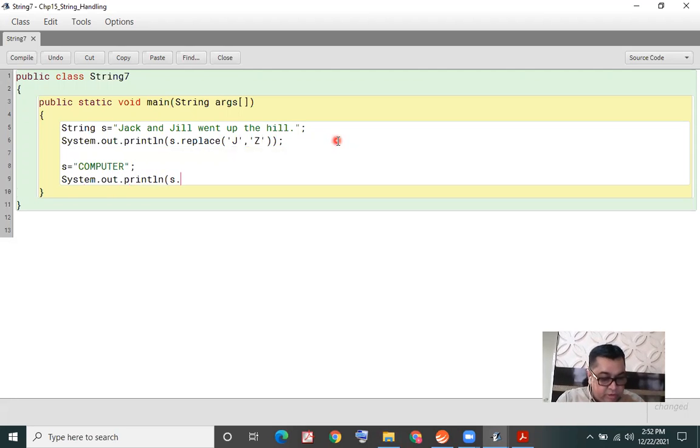The method that we are learning is substring. This method will extract whatever I specify. This is my string computer, and it will take part of the string and give it to me. Substring: sub means part of the string. So I'm giving the substring my string, and I'm telling it to extract. Just look at my example.